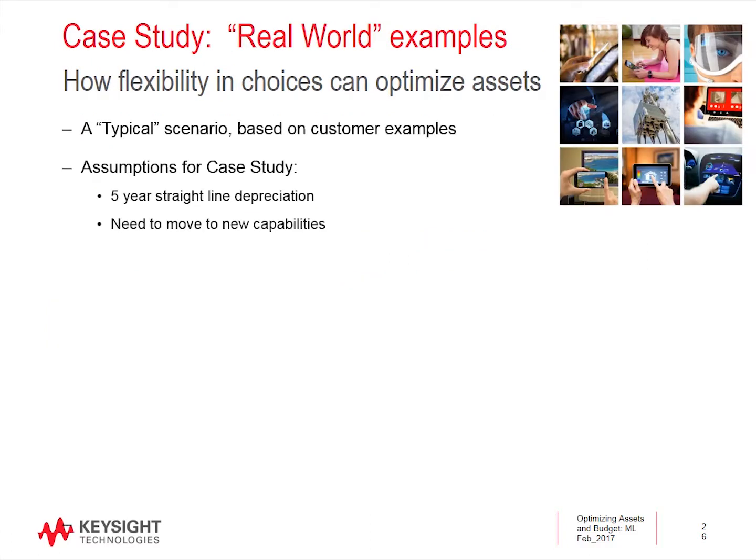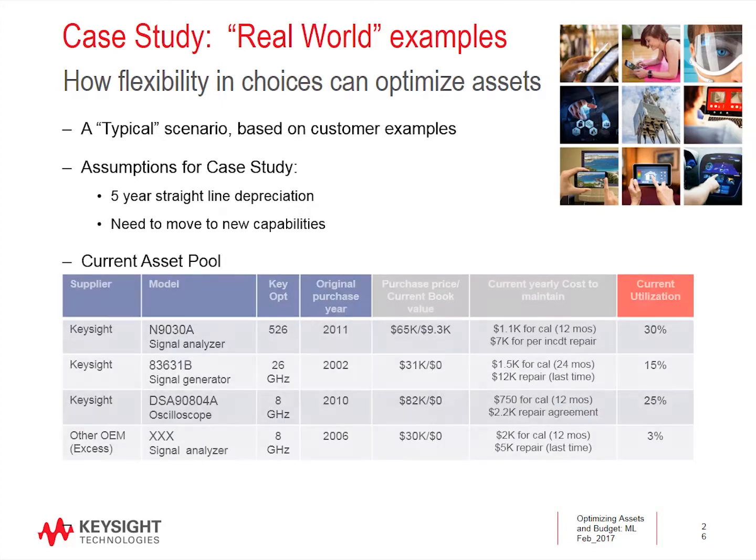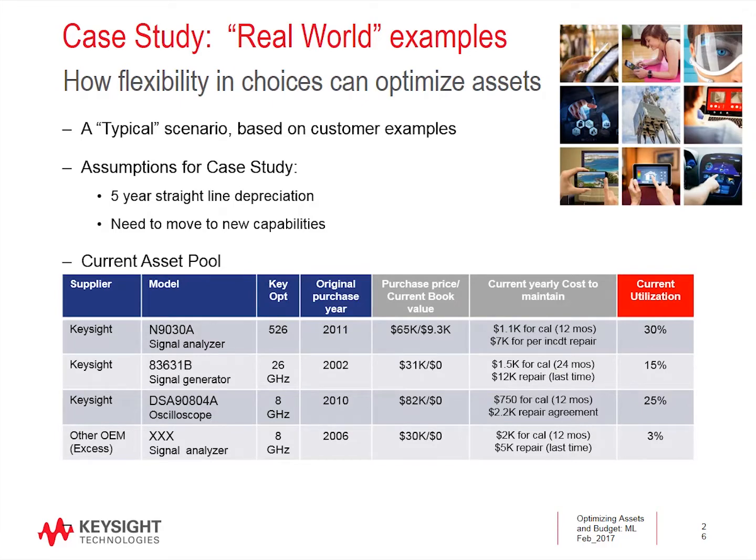In this case study, we've borrowed some real-world examples that we have worked with to show you how this approach can be used. In this scenario, our customer has an existing pool of test assets, but they need to move on to add some new test capabilities so they can stay ahead in their market and get there as soon as possible. From a financial perspective, our customer has a 5-year straight-line depreciation model, and their equipment is in various